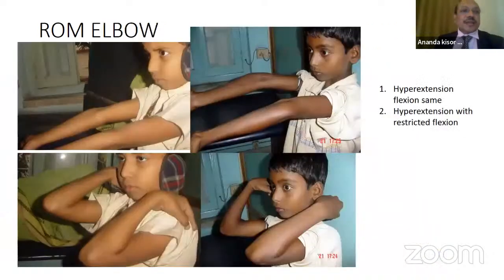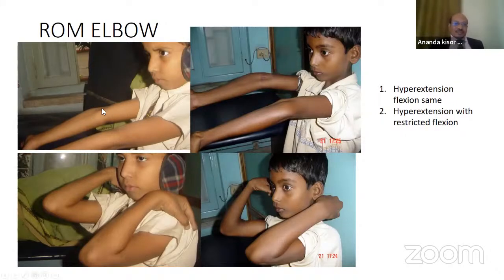This is the tip. Now again, see, these are the two conditions. There's a hyperextension, but the flexion is the same. And this is another case where there is hyperextension, but there is some restriction of the flexion. So what is the case? That hyperextension may be a normal phenomenon. Normally in children, 10 degrees of extension is possible, but sometimes it is more than that. But if there is excessive extension, hyperextension, but the range of motion is the same, that means there is a possibility of some normal variant,